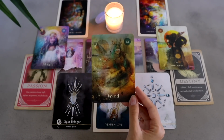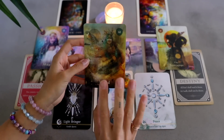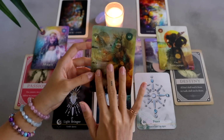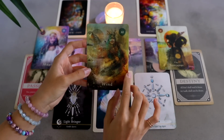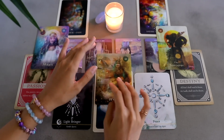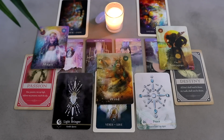This is an air sign, so of course, wind is definitely the air, but you guys are very good at picking up communication. I feel like you guys are quite telepathic when we have this card, so another one of your talents is definitely to be telepathic. You're very good at picking up on subtle cues from body language or subtle cues in nature. I feel like you guys are very connected to nature,